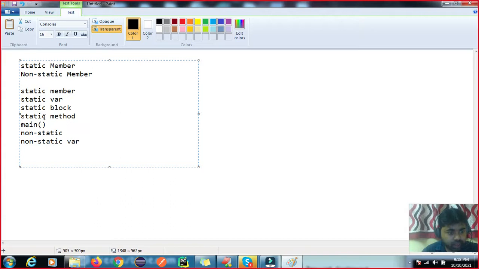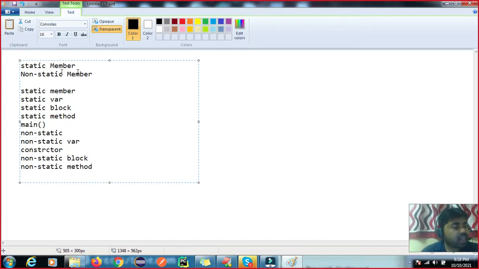Then a non-static constructor. Then we have the non-static block. And then we have the non-static method. Okay, these are the static and non-static members.